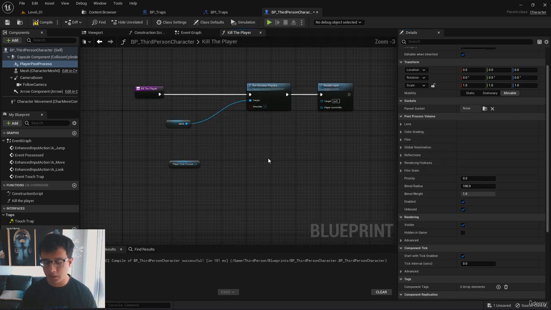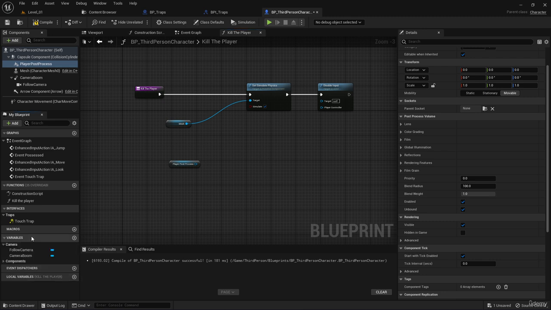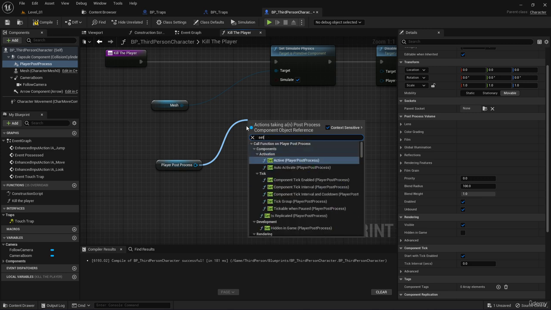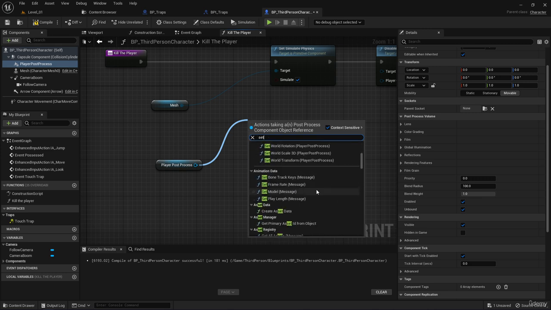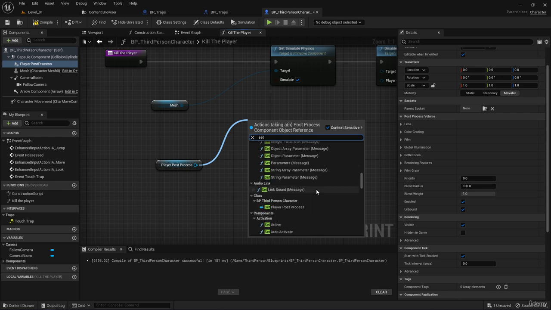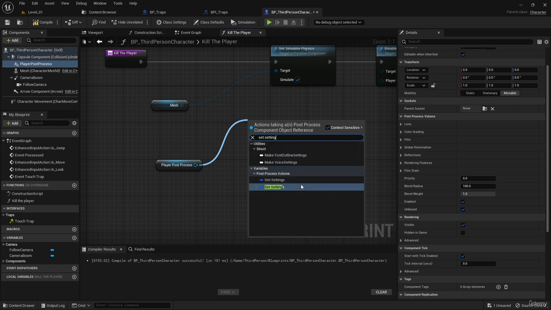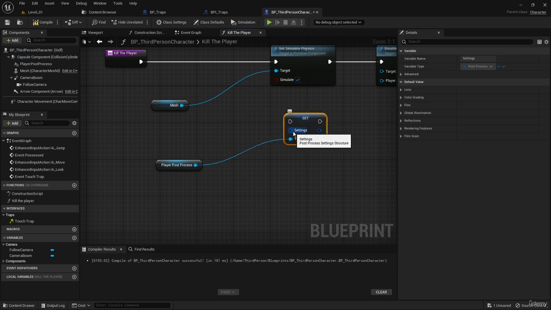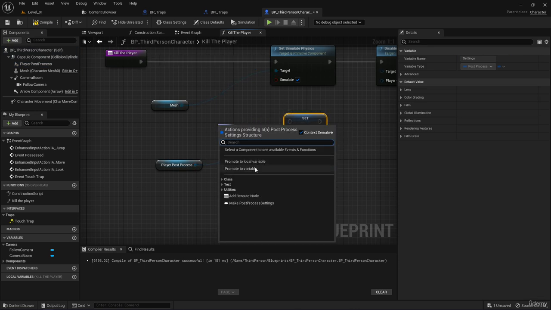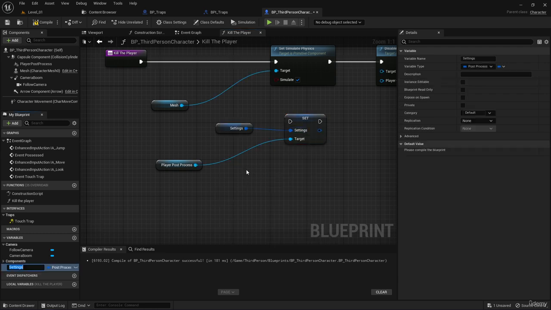But for now, I'm gonna create a variable here, and this variable, basically, I'm just gonna set. Let's just say we can set the properties here, like set settings. There you go. So we're gonna set the settings. Okay, and which settings are we gonna put? We're gonna go here and promote it to a variable. So go here, and this will be my dead post process